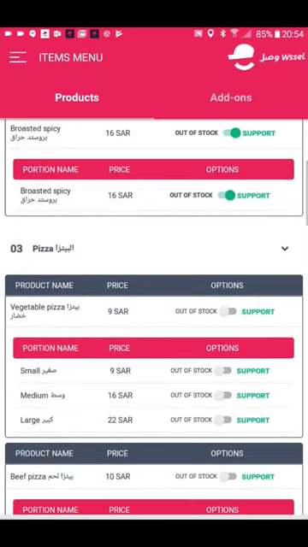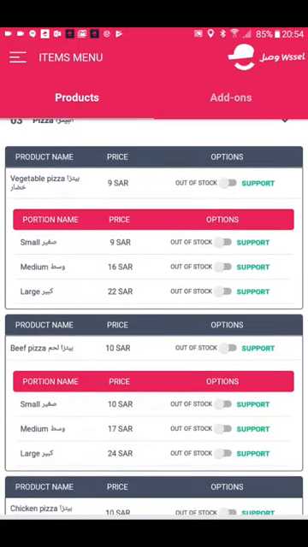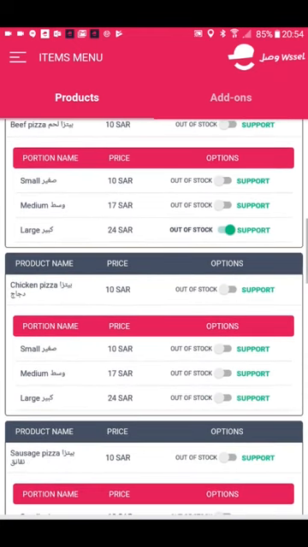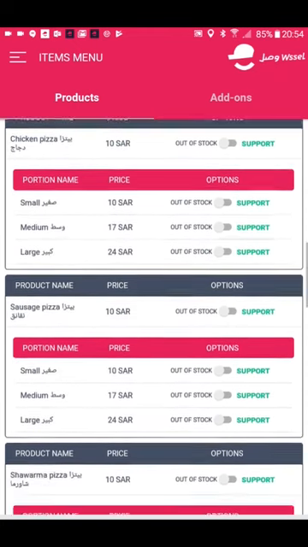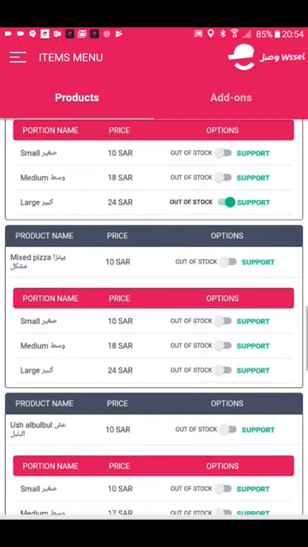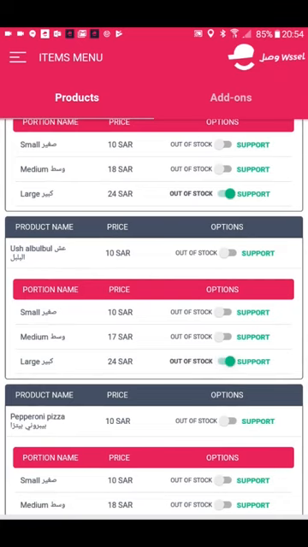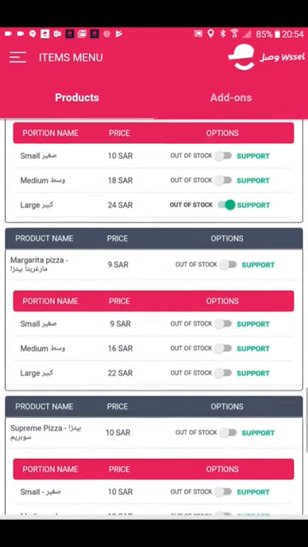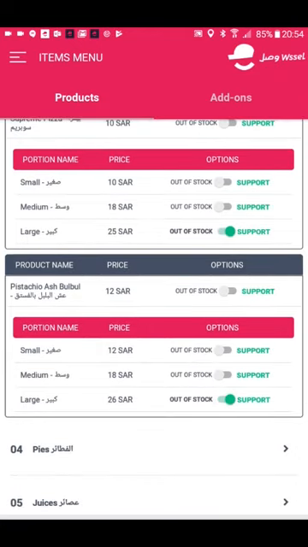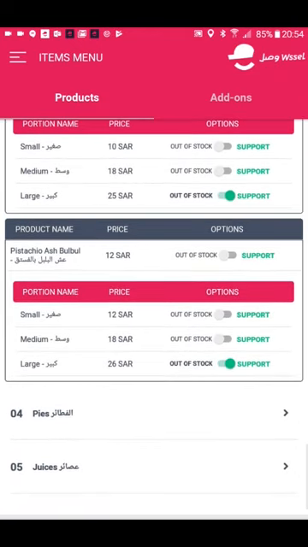For example, my store does not have large pizzas, so I can go on into each pizza that I have, and I can turn off the large option so that it will not be available in the customer application. So all the orders I receive will be small and medium. So simply by going under each product and turning off the large size, it will no longer appear in the customer application,